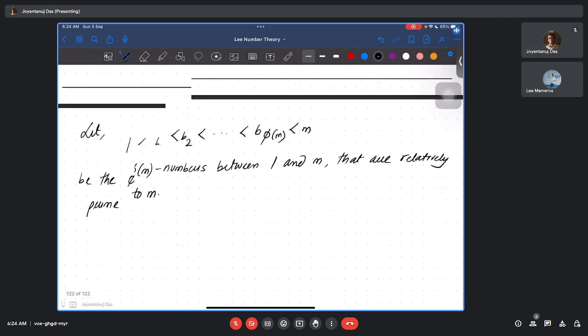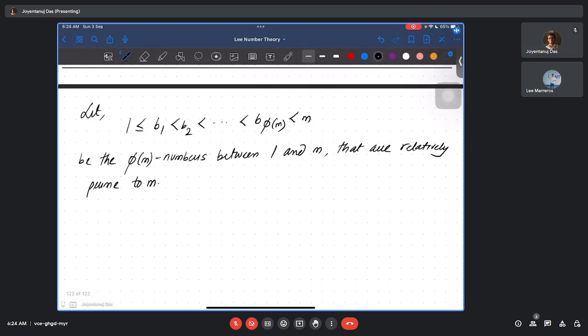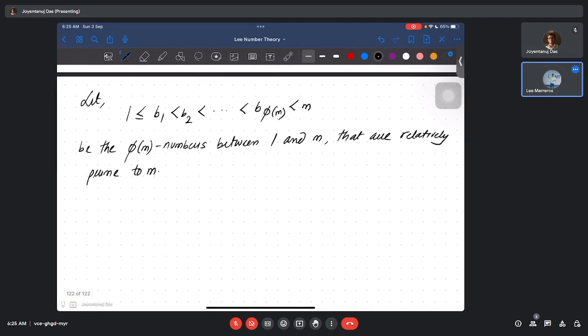So like this, we can enumerate the numbers. I name them B1, B2 up to B of phi(m), because there are phi(m) numbers, the numbers between 1 and n that are relatively prime to n. So this part is fine. Right. So the lemma is